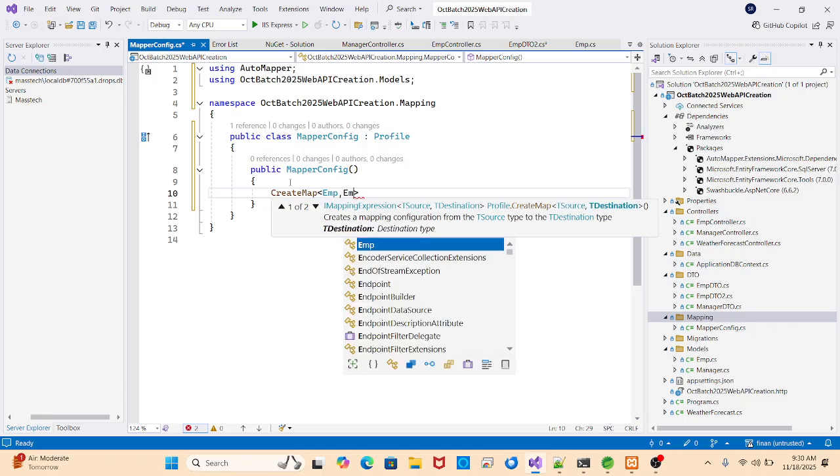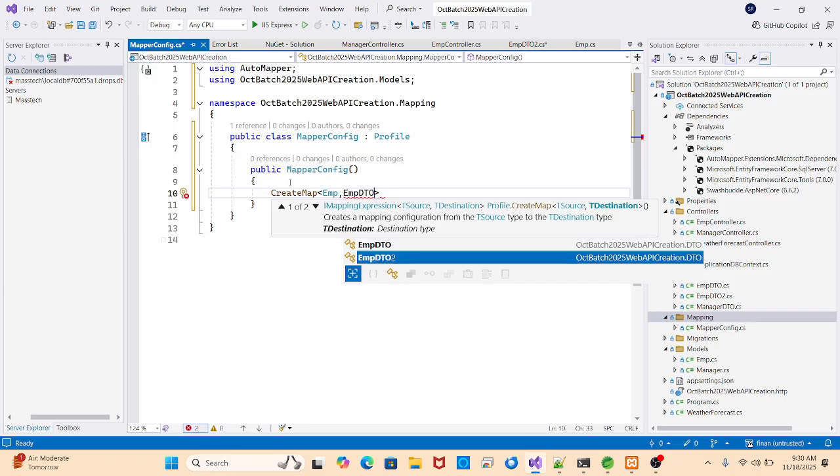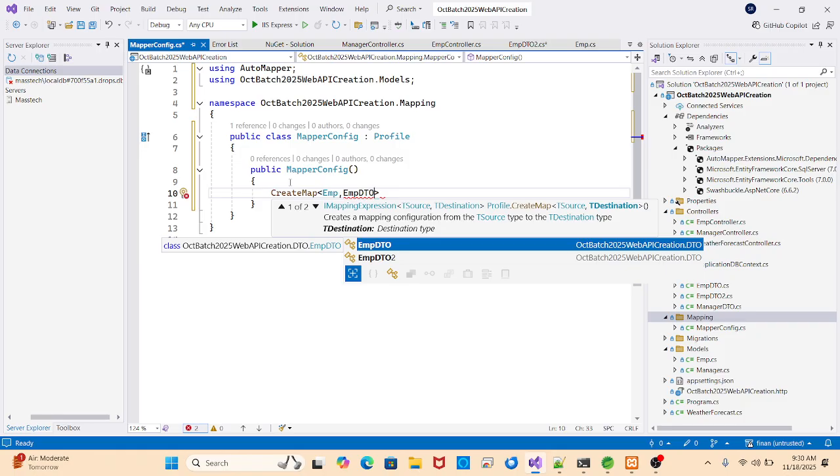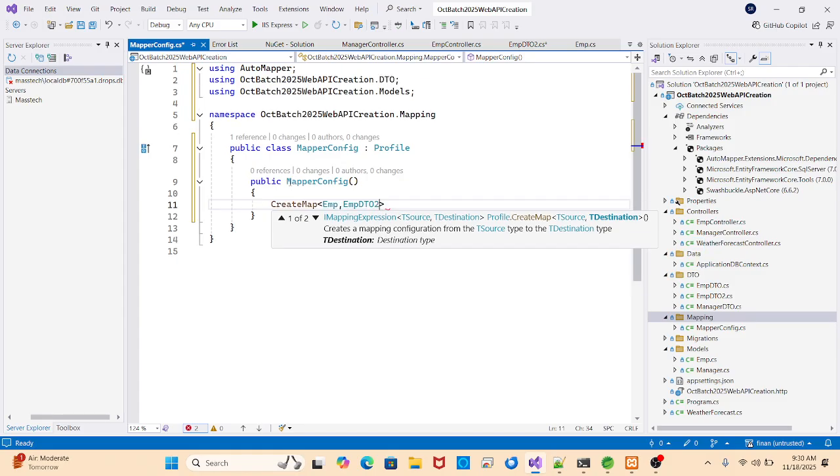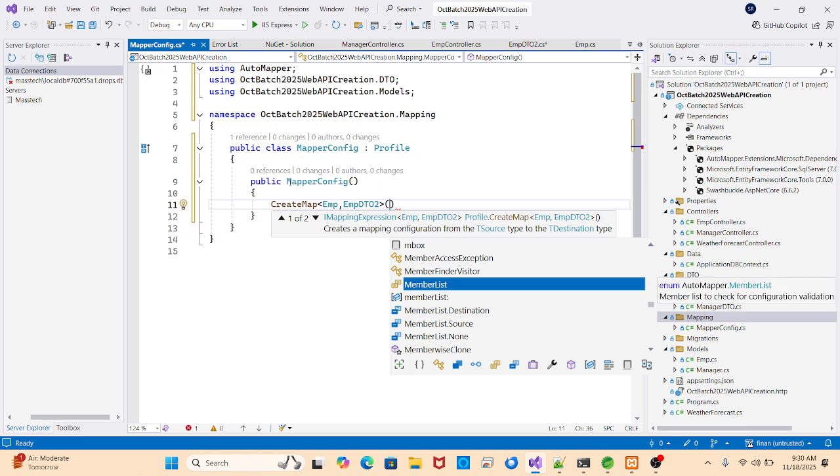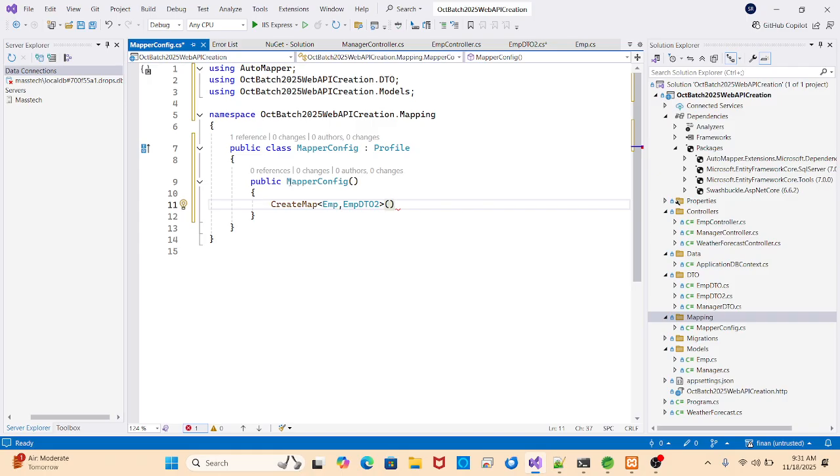comma EmployeeDTO1 or DTO2, DTO only, DTO2 was the fetching. Okay, so here this bracket is for fetching the members. If you wanted to fetch the members, we can fetch it. The members means what, see basically what members is referring to over there, here I am mapping the Employee and EmployeeDTO. So here it will not map the manager, so I also need to map the